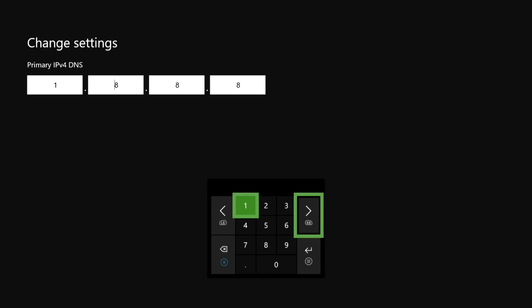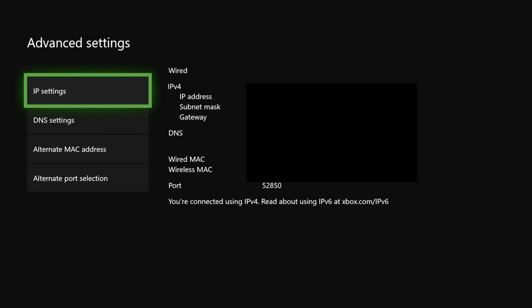So this one is gonna be 1. And these are free to use guys, you don't need to pay or anything like that. For example, 1.1.1.1 is from Cloudflare, the provider itself, and 8.8.8.8 is from Google itself. You can also search that up if you don't trust. So now this is 0, 1, and here we have it on the secondary. So let's press on start, and now you can also go ahead and go to test internet connection.